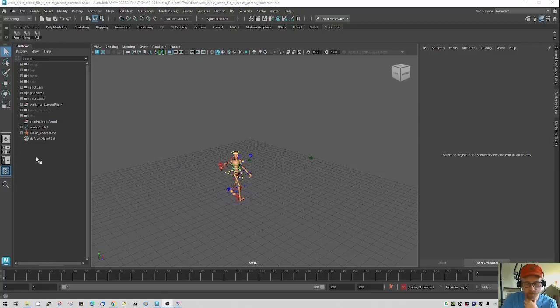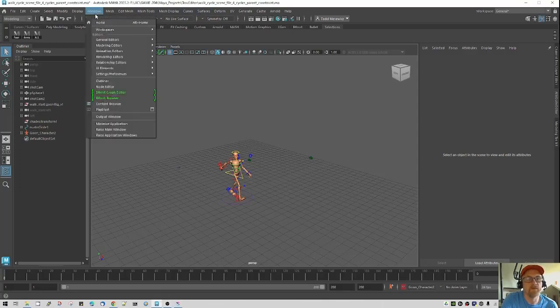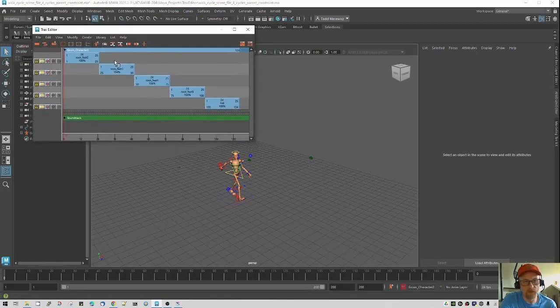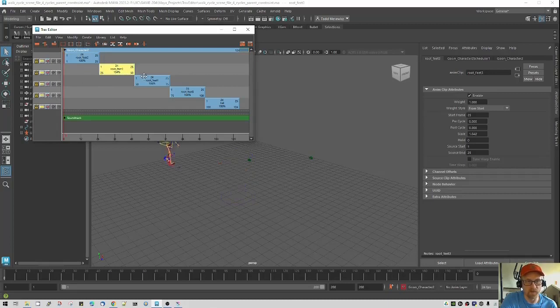Hello everyone, I'm going to give a tutorial on the Maya Trax editor. The Maya Trax editor is under the window animation editor's Trax editor, and what it is, is a way for you to manage animation clips and have them working in a scene. In some cases, like in this case, it's repeating one clip over and over and then adding another clip at